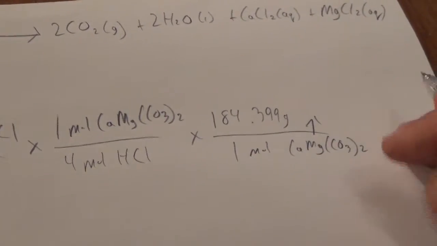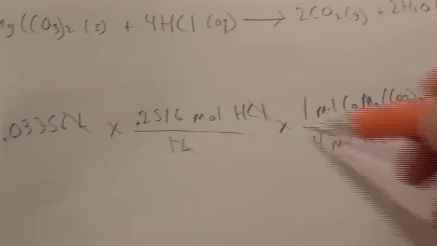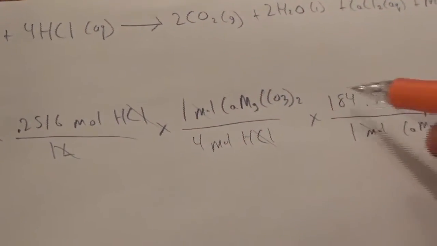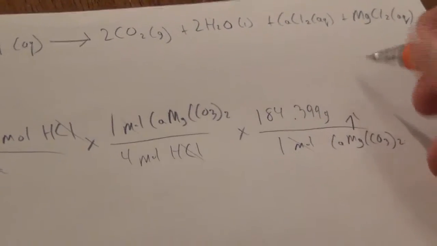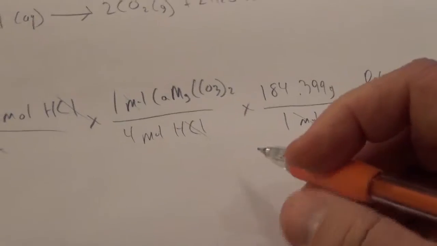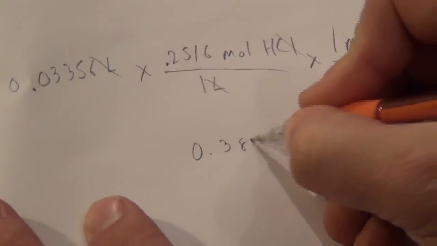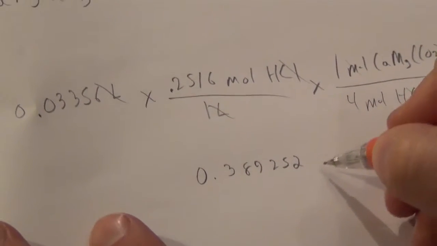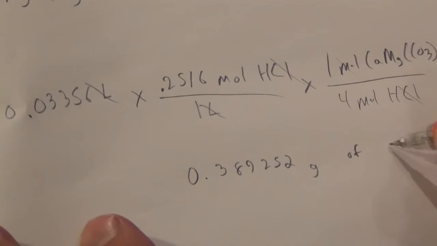And then after we multiply that, we cancel out liters, cancel out HCl, cancel out moles, and we end up with grams of dolomite in the sample. That equals 0.389252 grams of dolomite